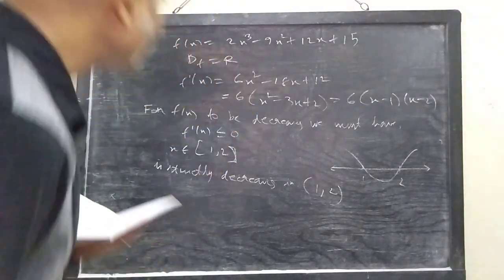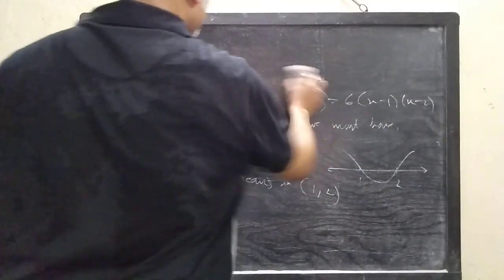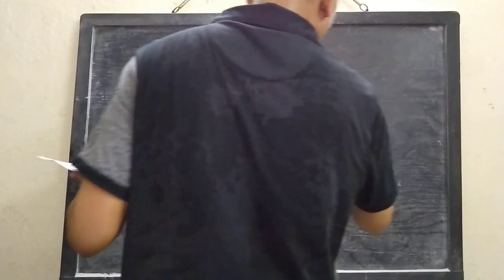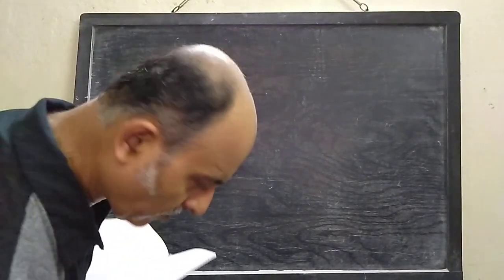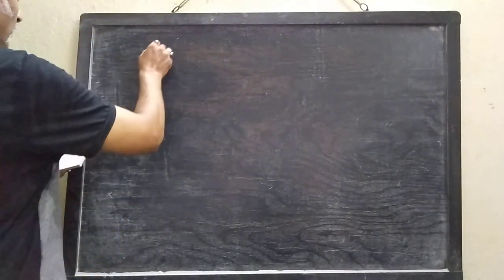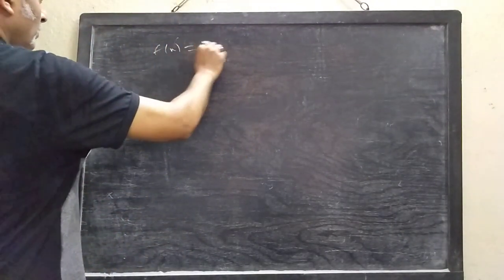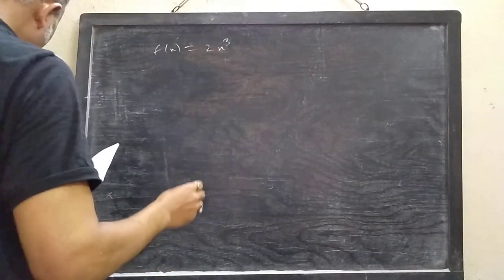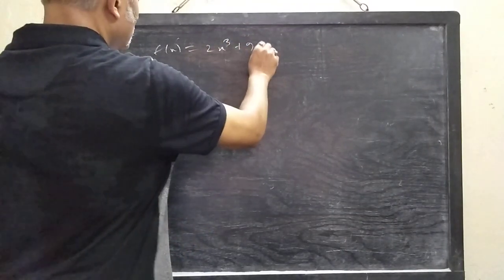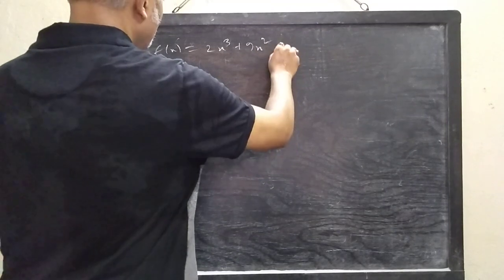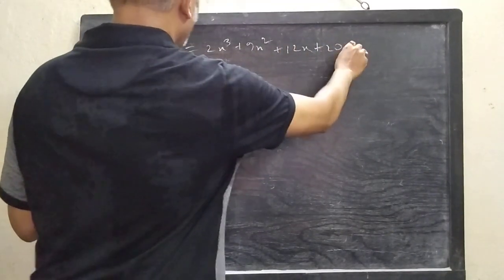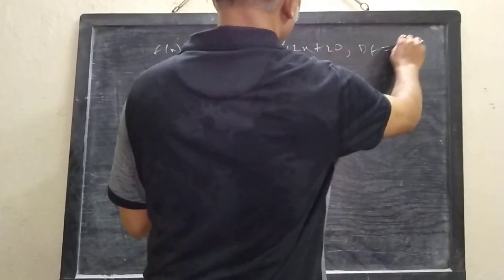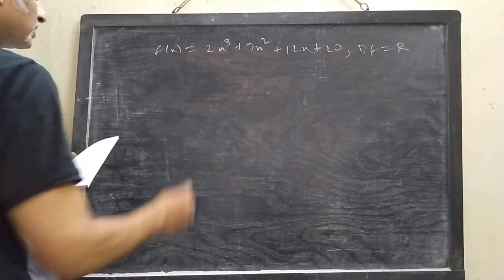So take a similar problem as homework. f(x) is 2x cube plus 9x square plus 12x plus 20. Obviously here also domain is full R. Your answer is